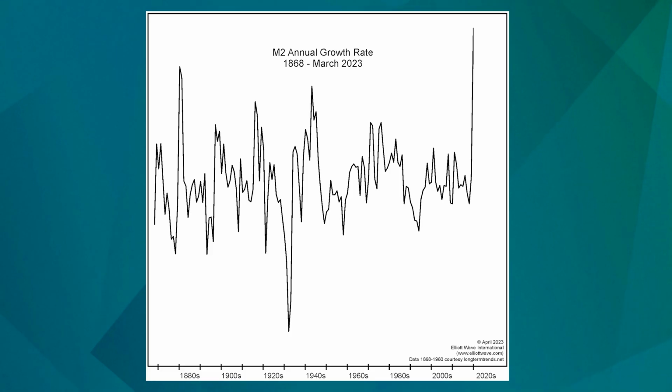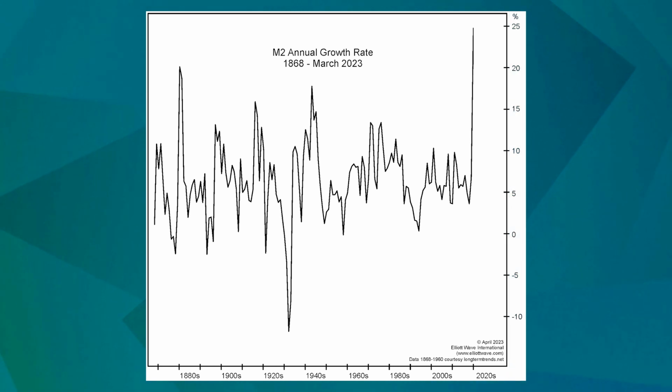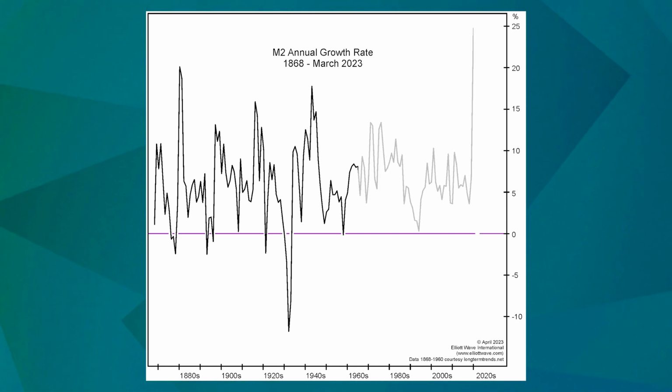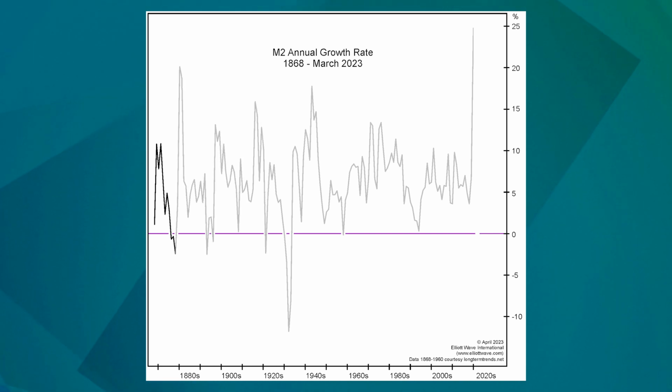Again, this does not show the amount of M2. Instead, it shows, in percentage terms, if the money supply is expanding or contracting, and how quickly. Note the all-important zero line, which makes clear that the annual growth rate for M2 is nearly always positive, but not always. So let's take a quick look at the not always, starting with the negative M2 growth rate from